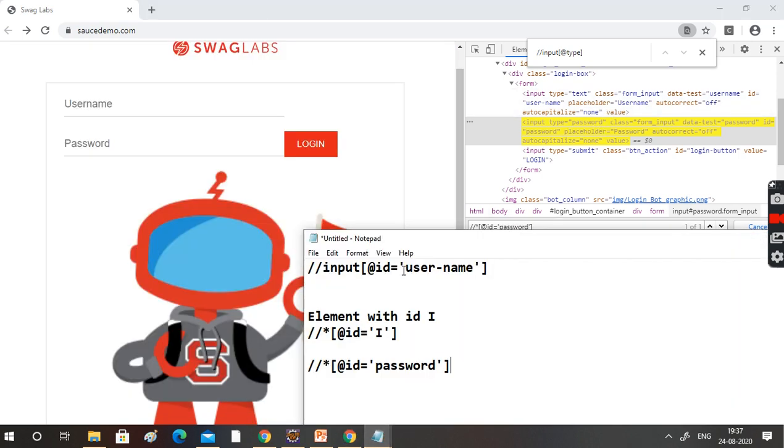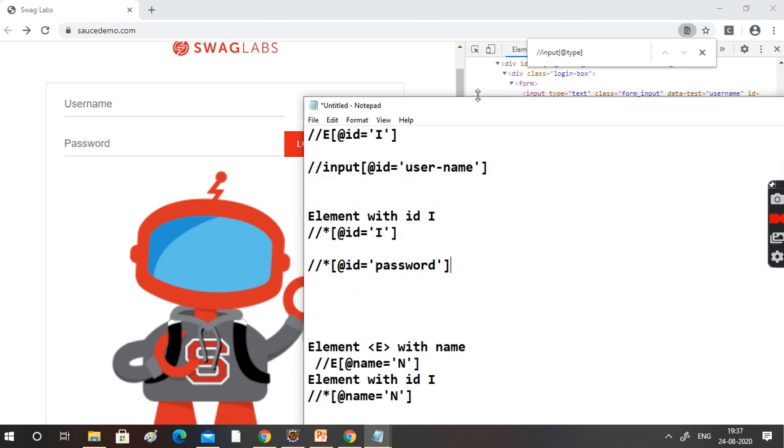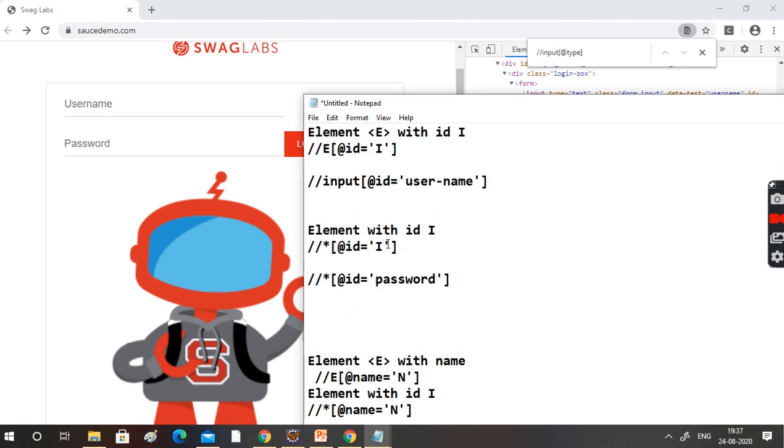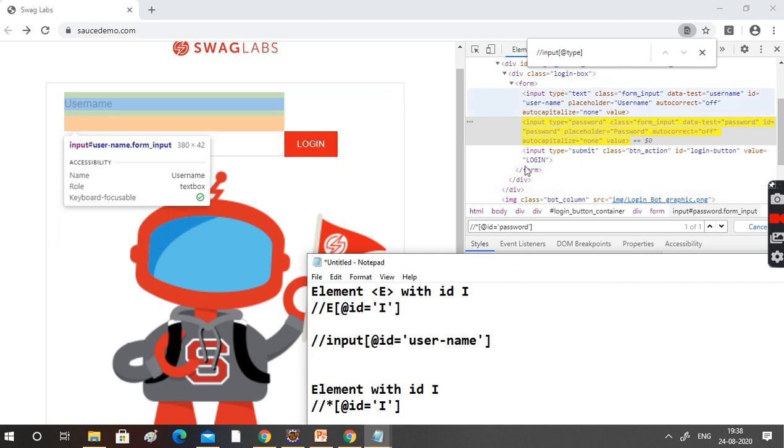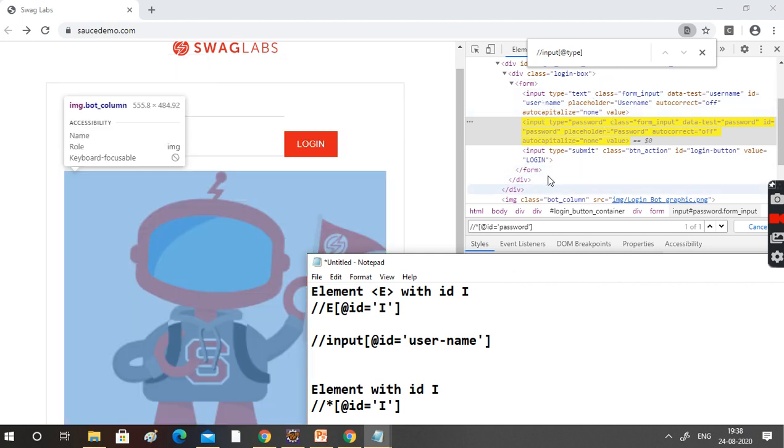So what is the difference between this one and this one? The first technique, we are saying input. What is the forward slash? I already mentioned it in the previous video, just refer to the previous video. Double forward slash means pull all the input tags in the DOM. We have so many input tags in this page, right?